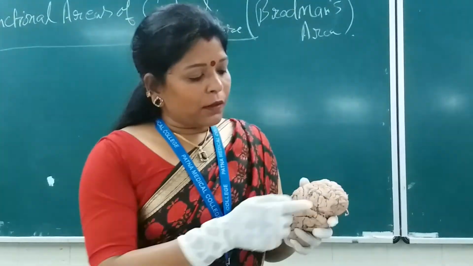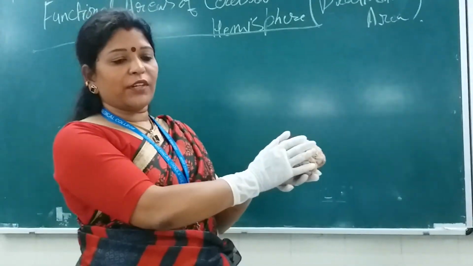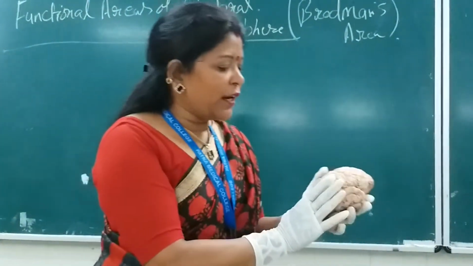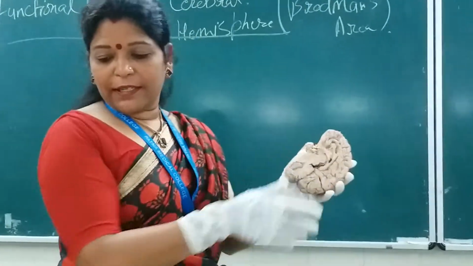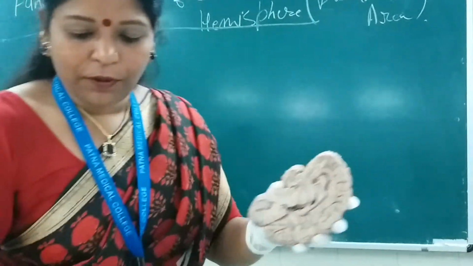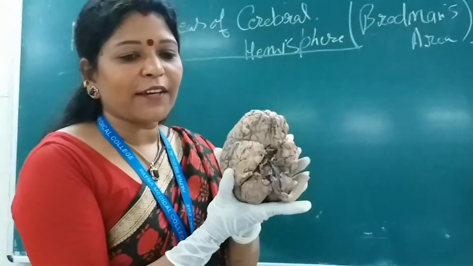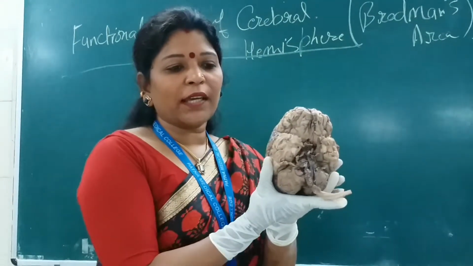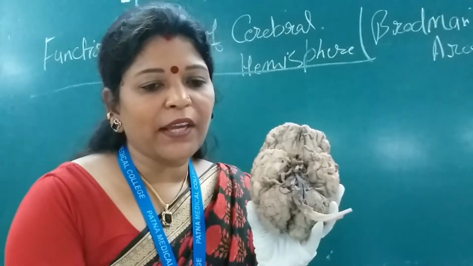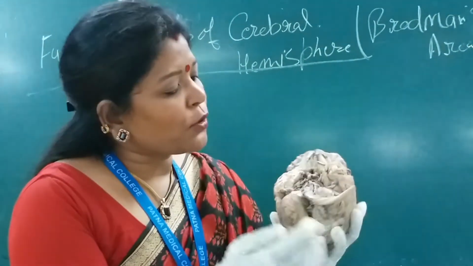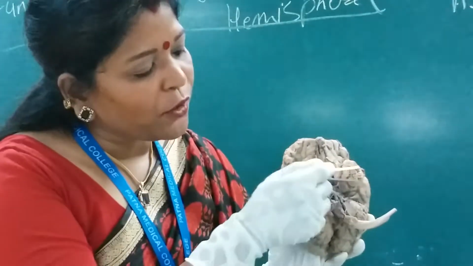Now all of you have cleared the sensory, visual and auditory agnosia, the language aspect. Now come to a very important surface here that I will show you all. This is the what? The inferior surface of the brain. The last class we have not discussed the inferior aspect. So this is the orbital surface, and this is the tentorial surface.